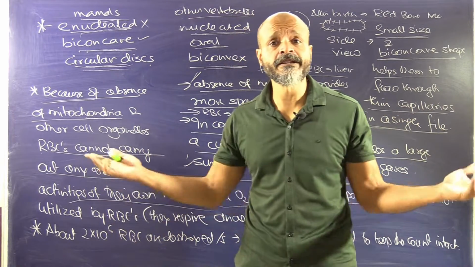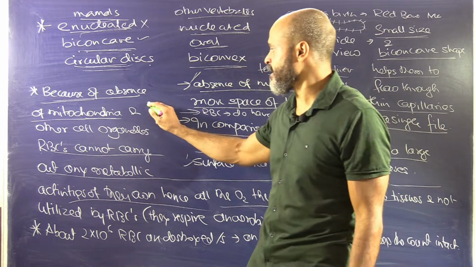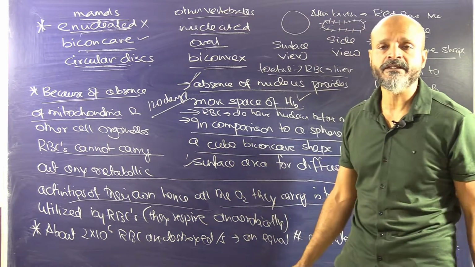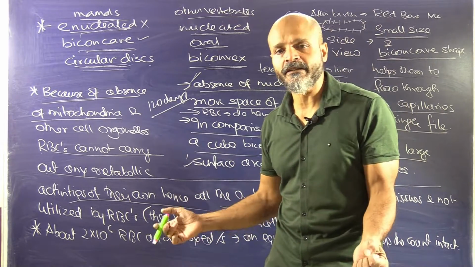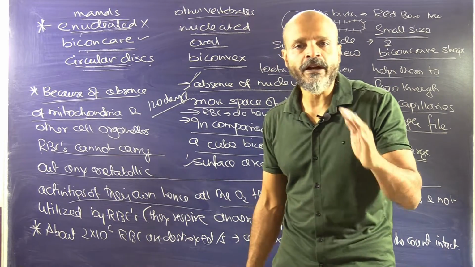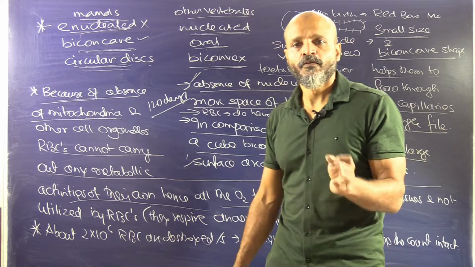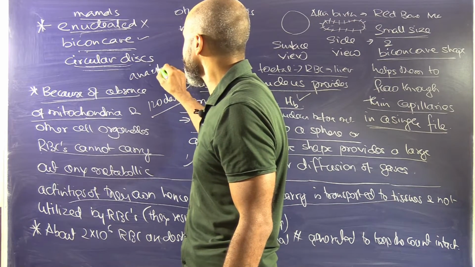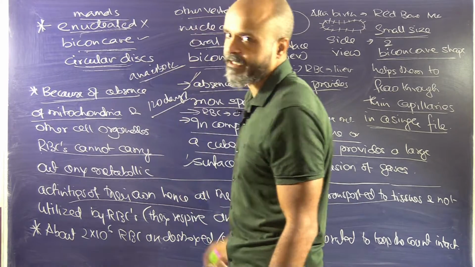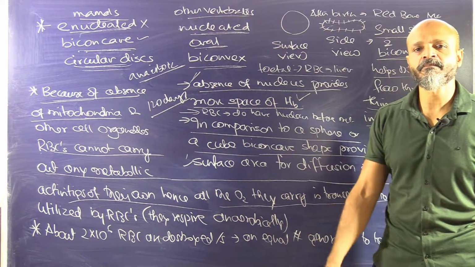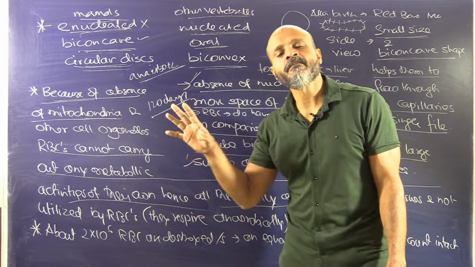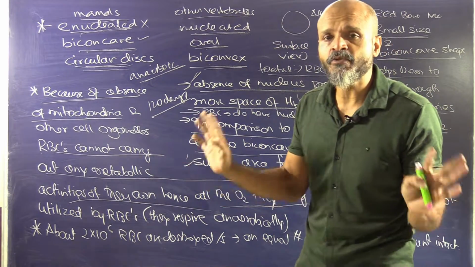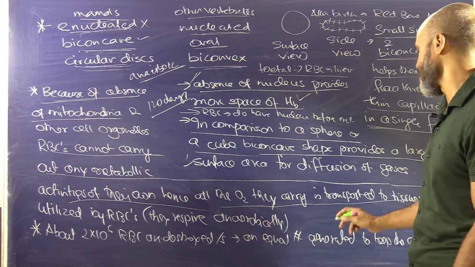So how would they survive then? We know that every cell survives for approximately 120 days, that's approximately 4 months. How would it survive without any energy getting produced? So that is one of the cells in mammals which respires anaerobically. There is anaerobic respiration that takes place in RBC. RBCs will never respire aerobically, because the entire amount of oxygen that they are carrying will be transported to the cells and tissues and not used by them individually.